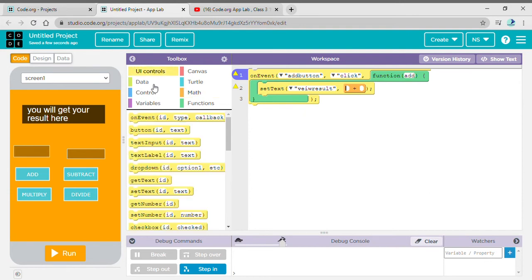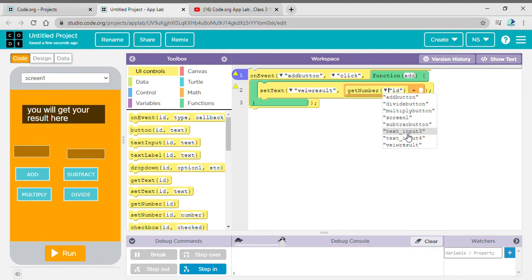Go on UI control again and get the block of get number here like this. Change the ID to text input 3. Before in this screen I have done something, so the 1 and 2 option was gone, so I have 3. If you are doing first time, it would come 1 and 2. So here change it to text input 1,